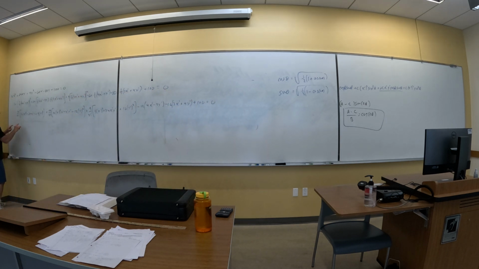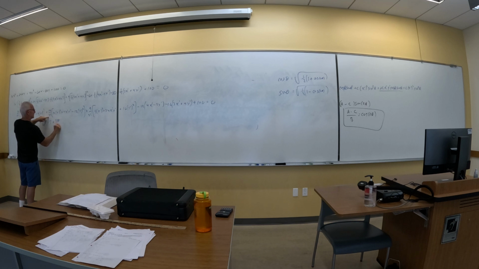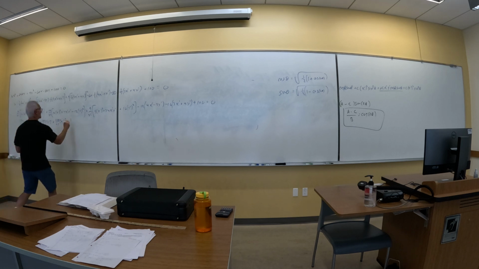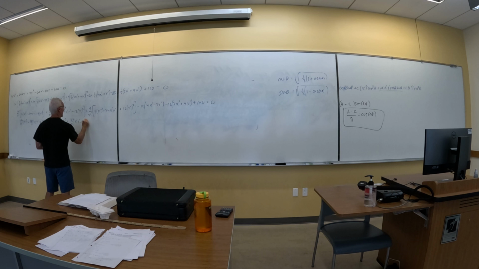All right, so we got here 256 over 25 x prime squared. And what's this going to be? Minus 384 over 25 x prime y prime, and plus 144 over 25 y prime squared, plus 288 over 25 x prime squared, plus, what do we got? 168 over 25 x prime y prime, minus 288 over 25 y prime squared,